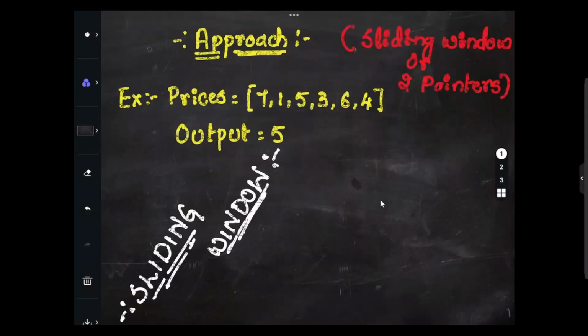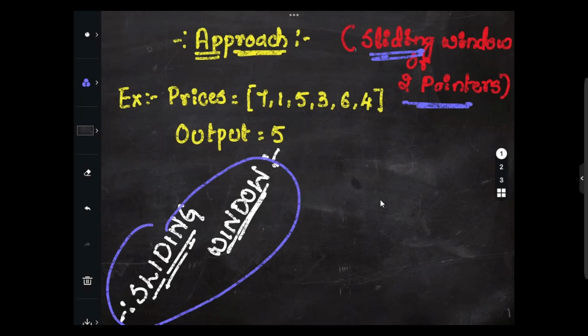So first thing we need to keep in mind here is we will be going with the sliding window approach, or we'll be making use of the 2 pointers, right? So we'll be making use of the sliding window approach or 2 pointers in this case. I have considered the same, the first example that they have given in the question. We have already discussed this one, right? So we will be going with the first smallest value, nothing but 1, and we will be buying this one